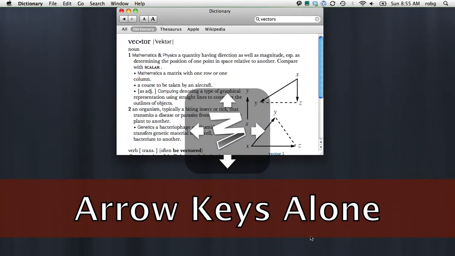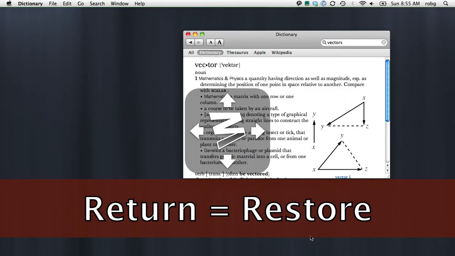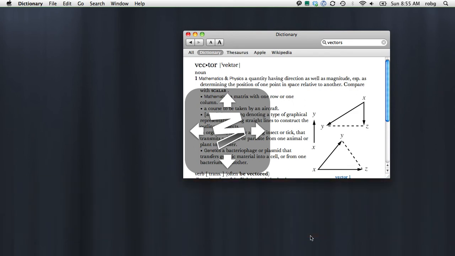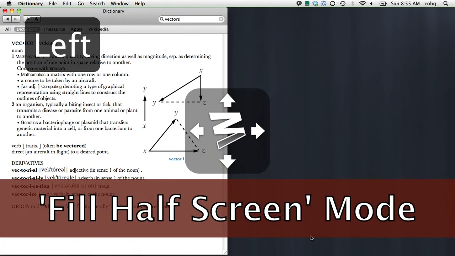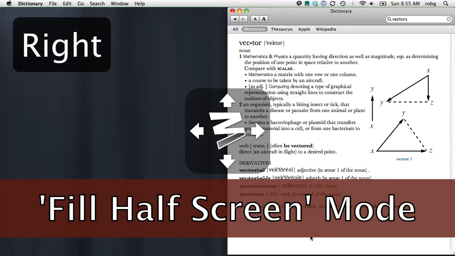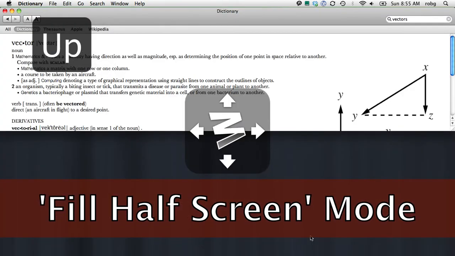Here, where I defined them as move, you can see that moves a window wherever it wants to, just based on the up, down, left, right arrows. And a return key restores the window to its size and position. Now, with command and left and right and up and down, you can see I'm mooming the window to an